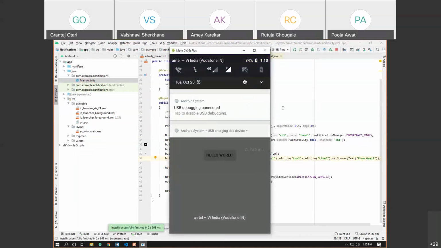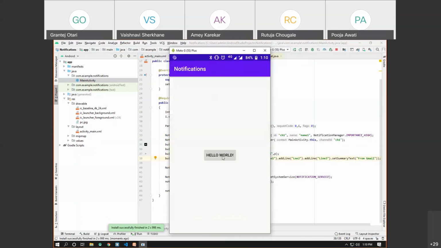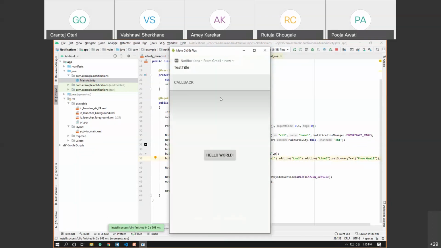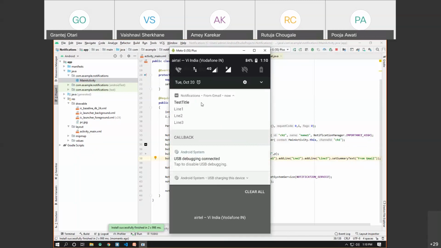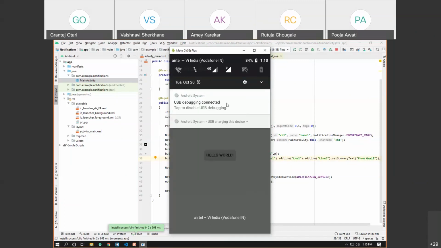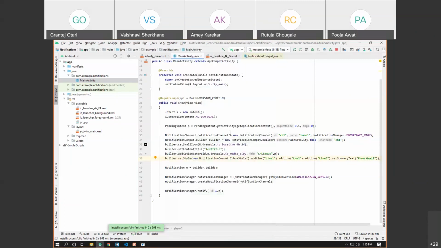So let me remove these notifications, and as you can see, once I expand the notification, the lines are added one below another. Okay, so this is the simple way to generate a notification in the inbox style. If you have multiple emails, then all the messages will be stacked under one notification.